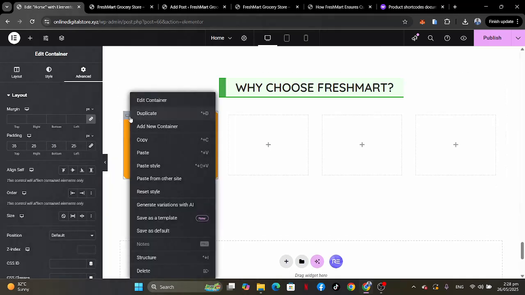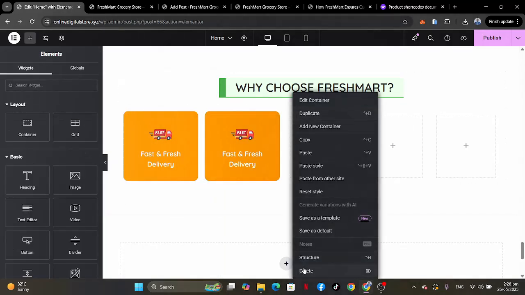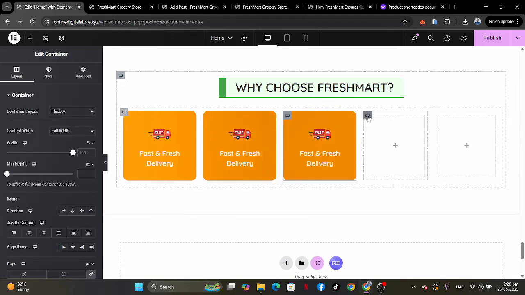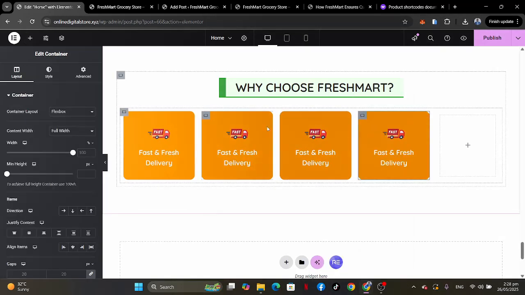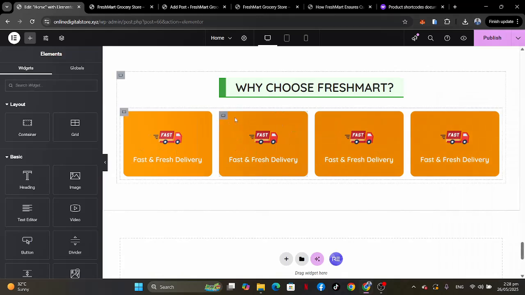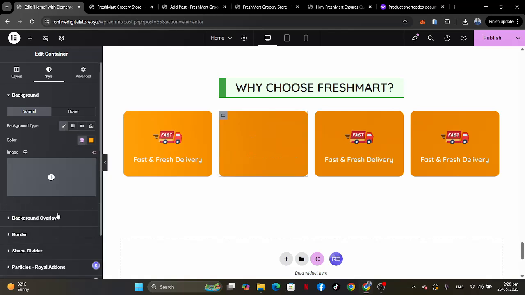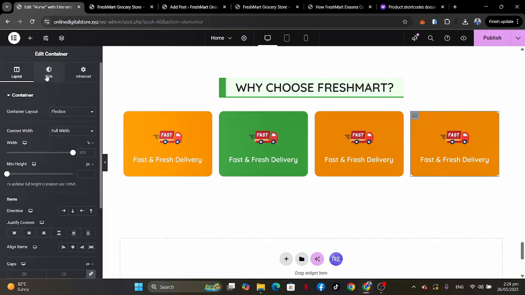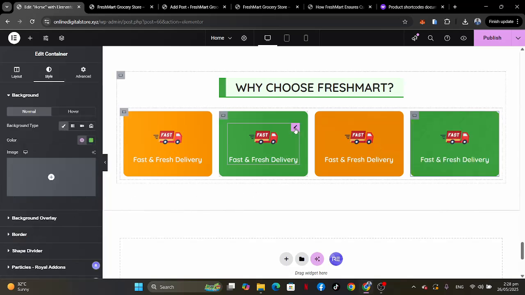Okay, so now I'm going to duplicate this one, remove this one, give another duplicate, remove this one, and then give another duplicate, and then remove the last one. So over here, I'll change the color to green, the green color that we are using. The same thing applies to this one also. I'm going to change this one to also green. And then with this one,